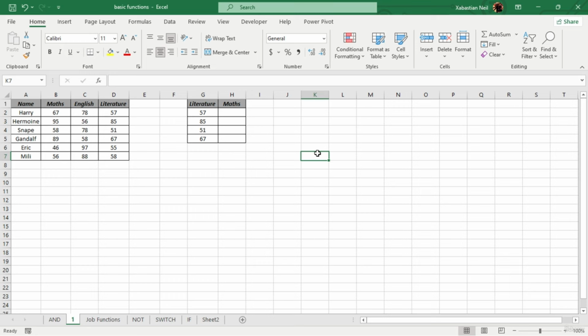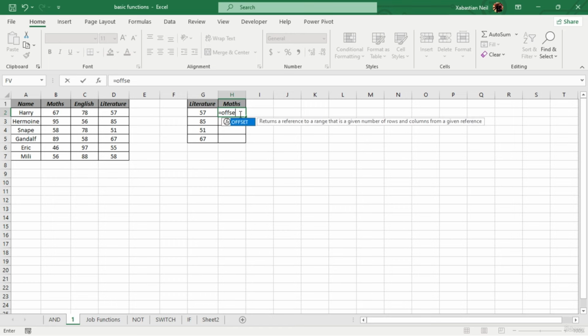So now, as I've shown you how both of the functions individually work in Microsoft Excel, what we're going to do is find out how they work when we use both of them together. So we're going to get the result over here. I'm going to type in equal, and first we're going to start with OFFSET. Equal OFFSET,